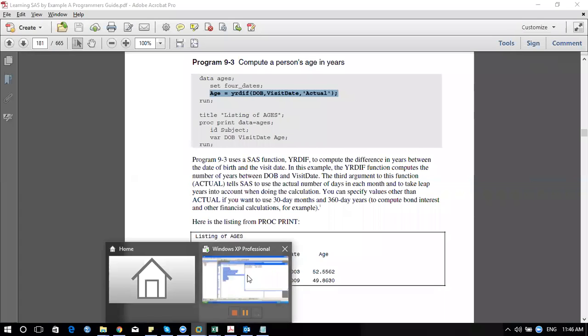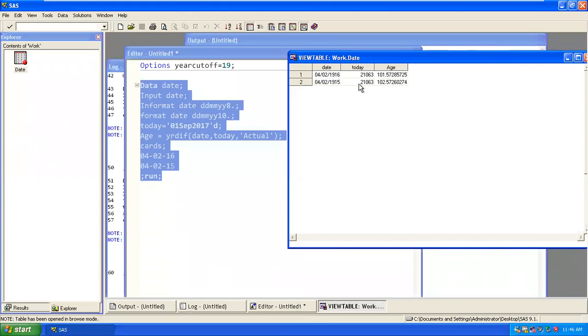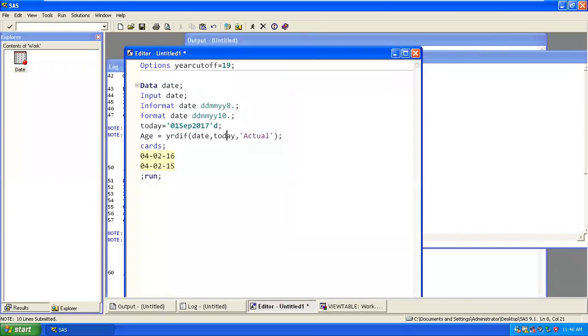So what we are trying to do here is this: YRDIF will give you the number of year differences between two dates. You should provide the start date and the end date, and it will give you the number of year differences between the two.